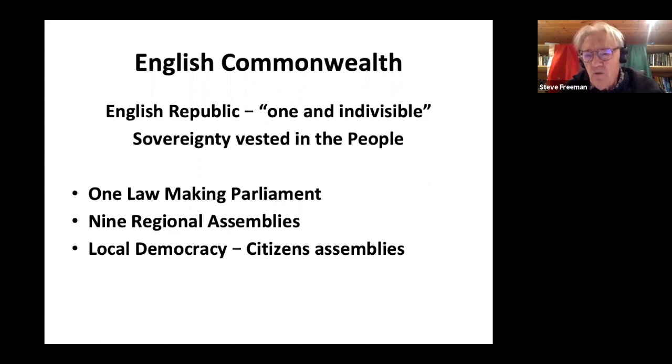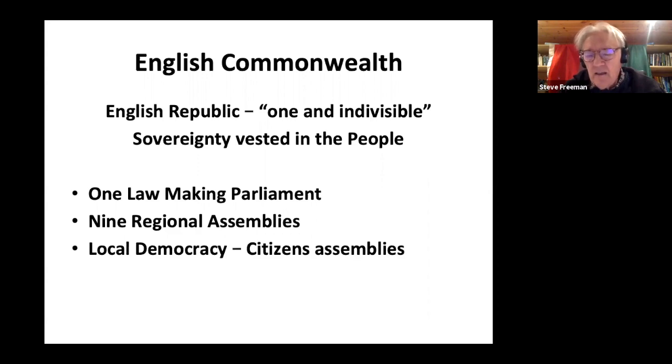You have one republic. Marx would have called it a centralized democracy. Centralized because sovereignty is vested in the people, and you've only got one law-making parliament. There's only one place that can make law for the whole country, and that is the parliament. That doesn't prevent us having 9 regional assemblies, which I said we could imagine: the North East, London,